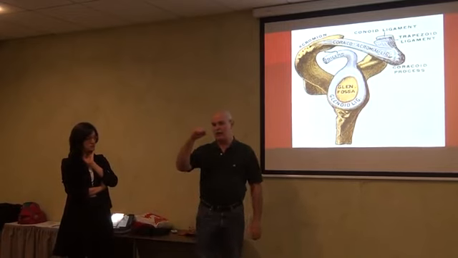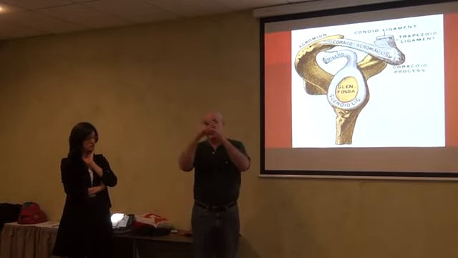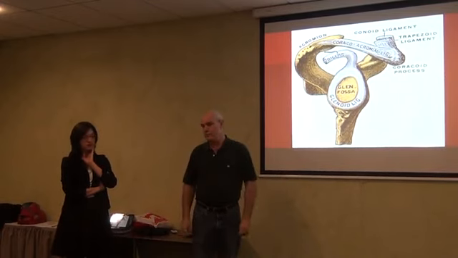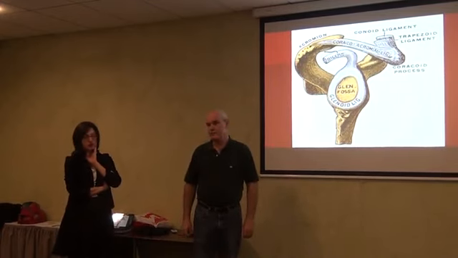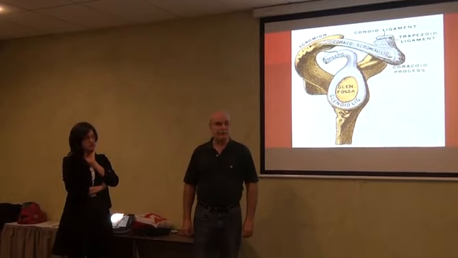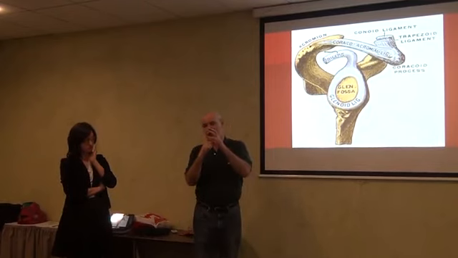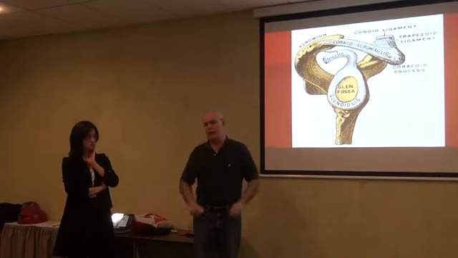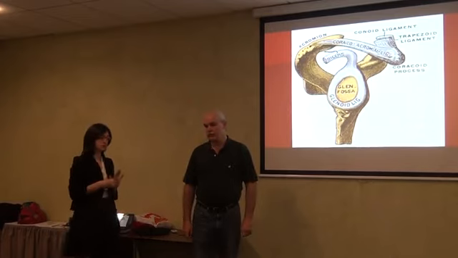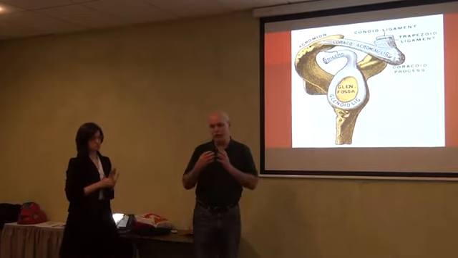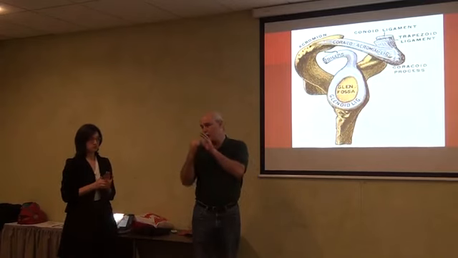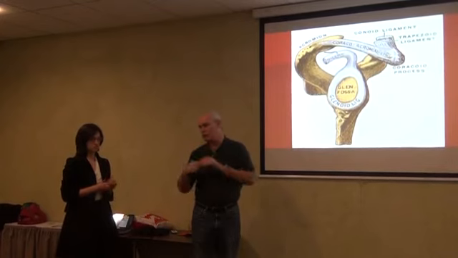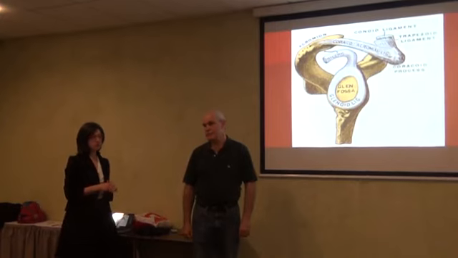The head of the humerus is floating in the joint. Головка плечевой кости, она как бы плавает в суставе. Some muscles pull down the head of the shoulder, and some muscles push up the head of the shoulder. Какие-то мышцы опускают головку, какие-то мышцы ее приподнимают. If we have a weakness with the muscle that pulls down the head of the humerus, we will have problems with the tendon of supraspinatus. И если мышцы, опускающие головку плечевой кости, слабые, то у нас будут проблемы с